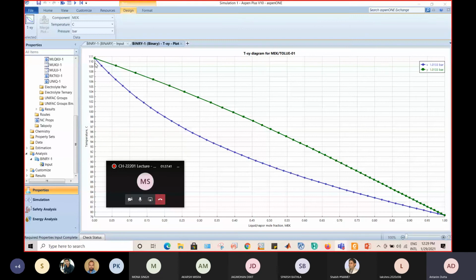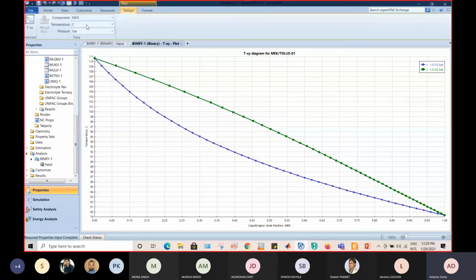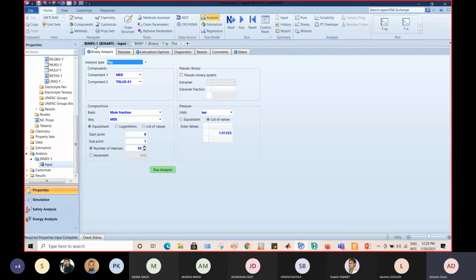ये जो आपका कर्व है ये TXY है, तो ये आपका ड्यू पॉइंट कर्व होगा और ये आपका बबल पॉइंट कर्व होगा, ठीक है। सो माइंड दिस थिंग कि आप TXY पे हो कि आप PXY पे हो, डिपेंडिंग ऑन दैट द बबल पॉइंट कर्व एंड द ड्यू पॉइंट कर्व विल स्विच, ठीक है। सो इस तरीके से आप TXY और PXY की स्टडी कर सकते हो।